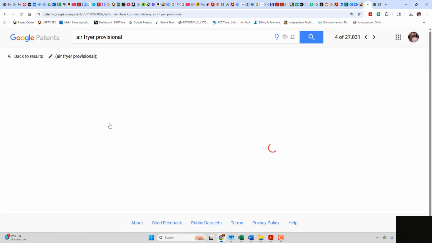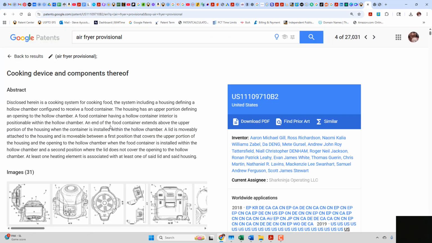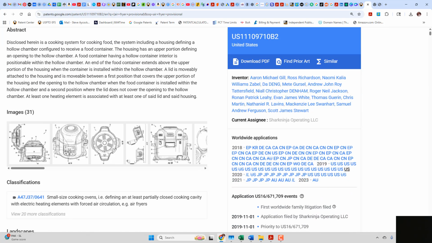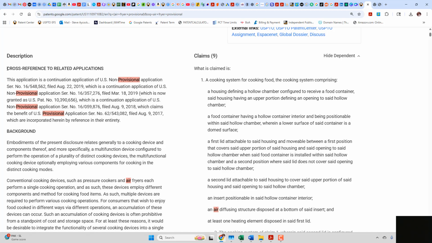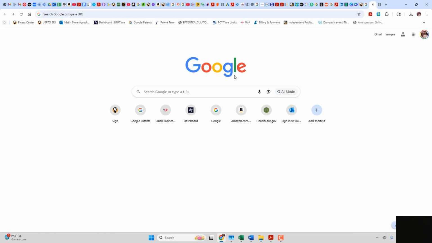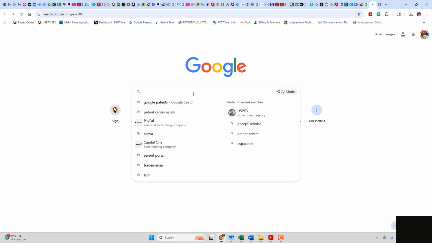And then when we get in here, it's going to show you the text of the application, some images for the patent and that kind of thing. But at the very top of the text, I want you to see this cross-reference to related applications section. At the bottom of this section, it's in reverse chronological order. At the very bottom, the first filing was a provisional application, and it has the number right here that begins with a 6. Copy that number,